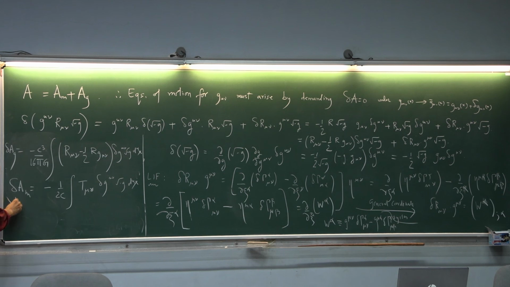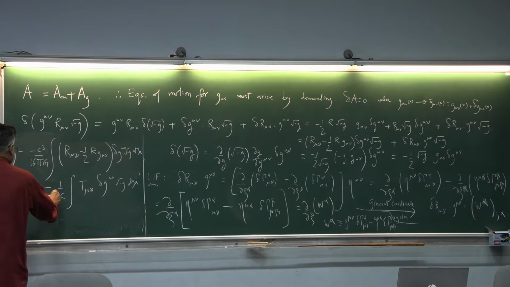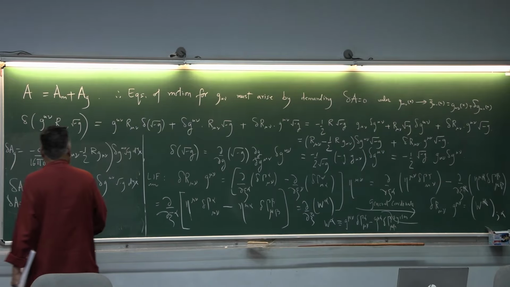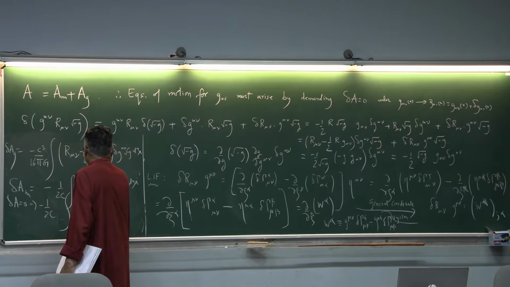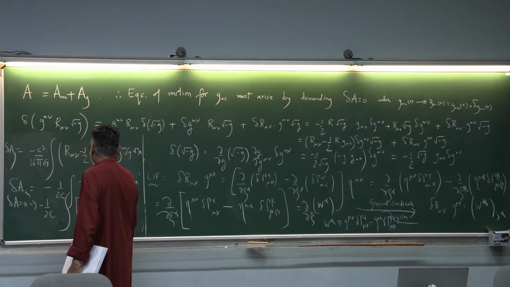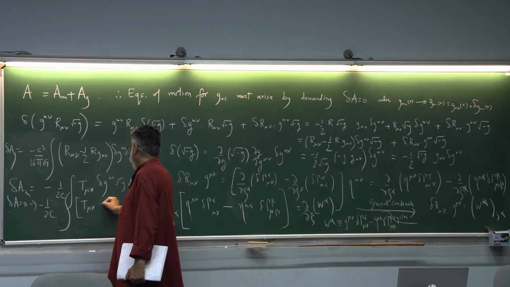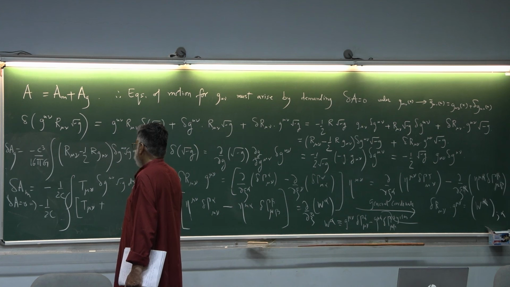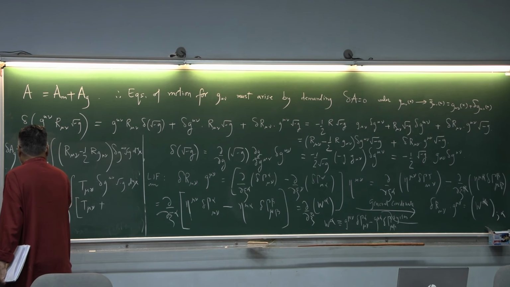So delta A is 0 means the final thing is, I will take common minus 1 over 2c overall, then I have the integral T mu nu plus, because I have taken minus, is equal to